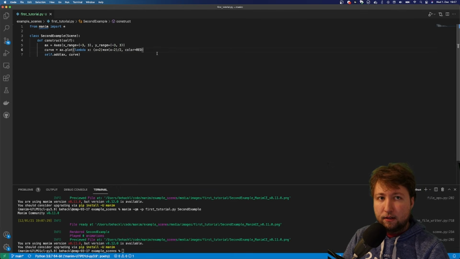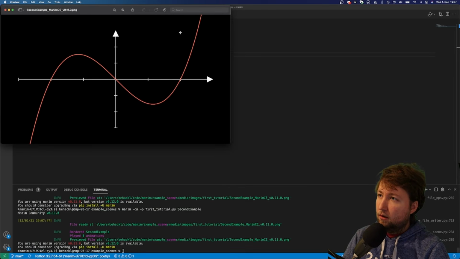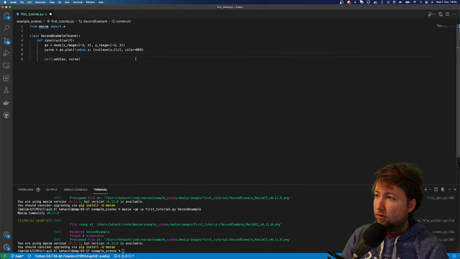Great. So now what can we do next? Let's get it even a little bit more fancy. I want to, wait, let's open it again. More fancy. I want to plot the area that we see here under the curve. How could we do that? Well, fortunately, we could look it up in the documentation and search for area, and we will find that our axes also have an area method, or a get_area method actually.